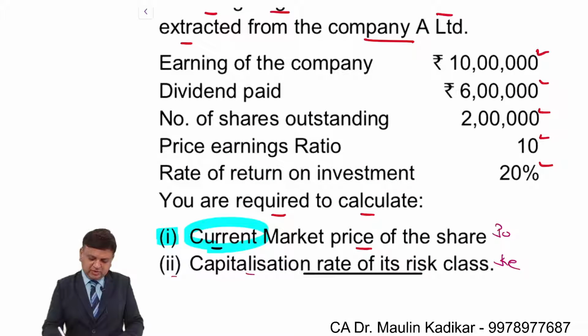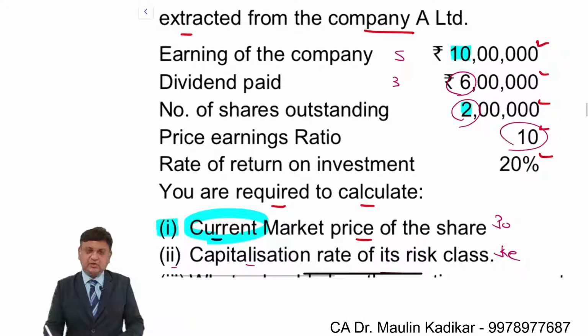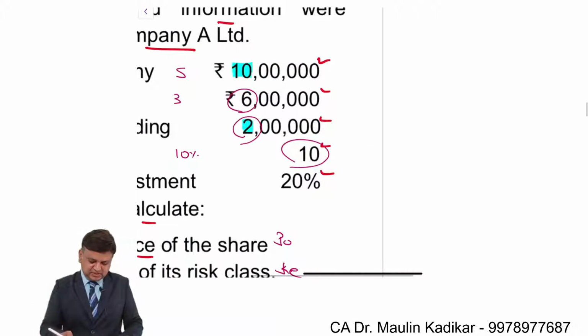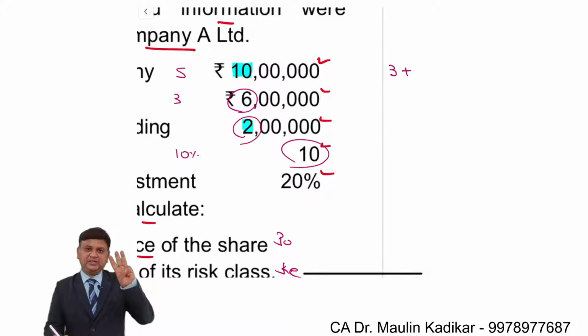Kindly use your calculator. 10 lakhs upon 2 lakhs, so the earning per share is rupees 5. 6 divided by 2, so the dividend per share is 3. Price earning ratio is 10 times, so the cost of equity is 10%, that is 1 divided by 10. As far as the first question is concerned, the dividend per share is 3 plus